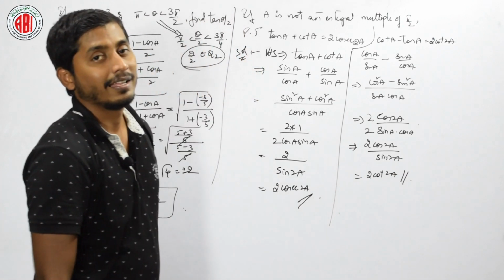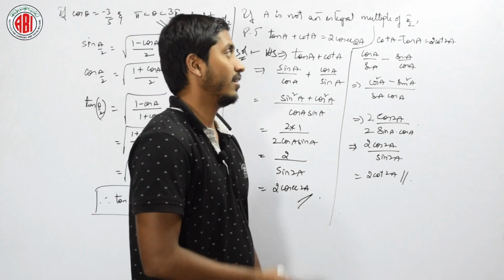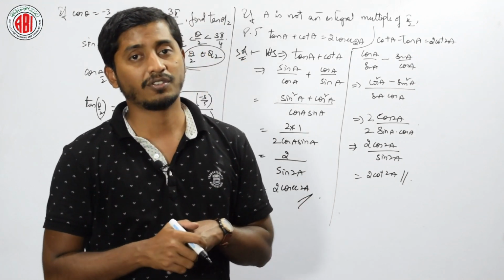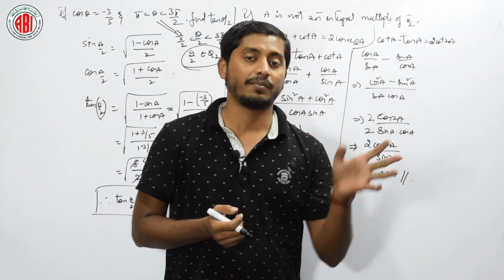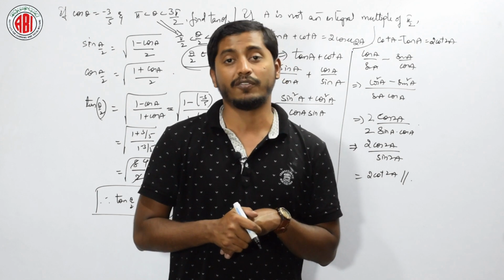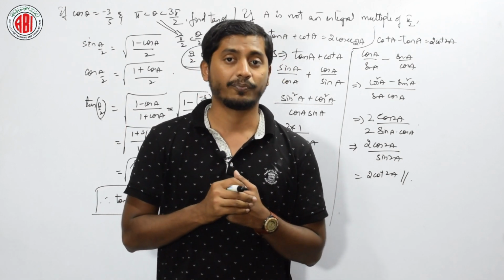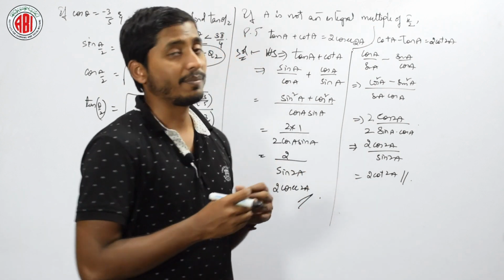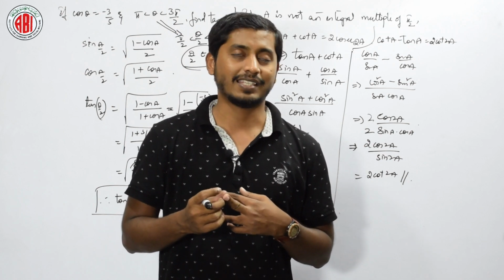Is it clear? These are the different kinds of problems which we are going to use more in our further problems. Is it clear for today? Okay. What did we discuss today? We have started with the multiple angles and submultiple angles. We have learned a few formulae. After that, we did a few examples. Is it clear? Let us do a few more problems of multiple and submultiple angles of trigonometry in our next session. Okay, this is for today.